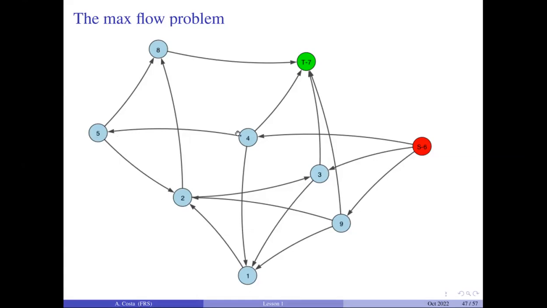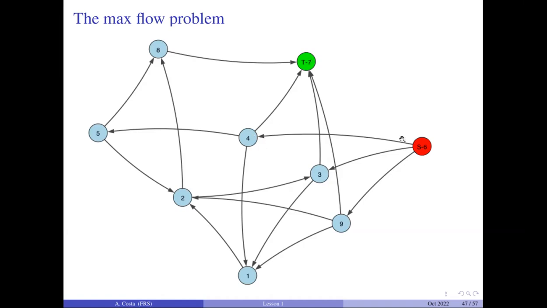These are called arcs. Other network problems that you can find have edges instead of arcs. What is the difference? The difference is that there is no orientation. So an edge will be just a link between two nodes. You have no arrow. It means you can send from 4 to 5, but also 5 to 4. But in this case, we have orientation. So the basic structure we are working with here is an oriented graph or network. And again, the meaning is that whenever a link connects a node with another one, A to B, it means you can send something from A to B.